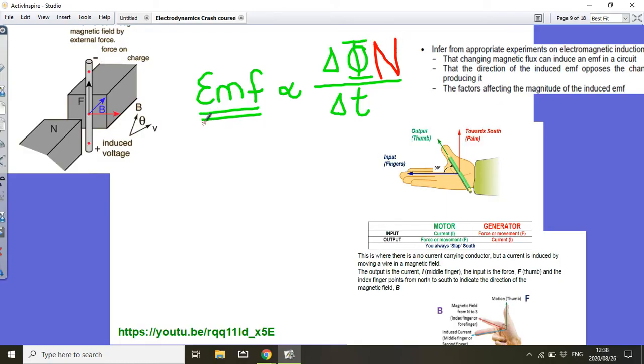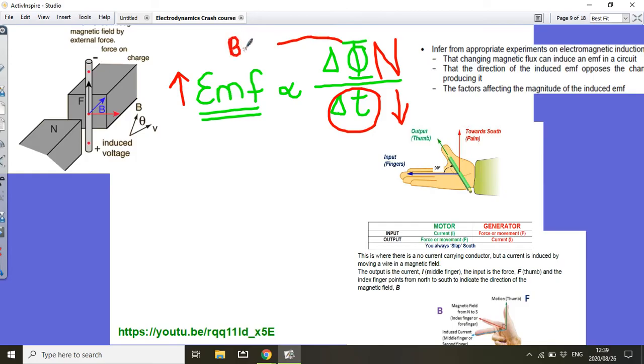Now, how can I get this EMF to be bigger? And again, the equation helps you. We already said one: if I make the time that is underneath the line smaller, which means I'm moving it faster, I will increase my EMF because they're inversely proportional to each other. If I add more windings, I will increase my EMF because they are directly proportional to each other. If I increase the change in my magnetic flux, now remember also